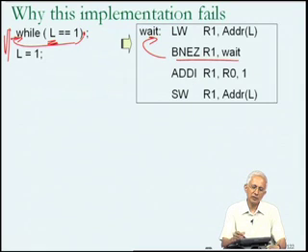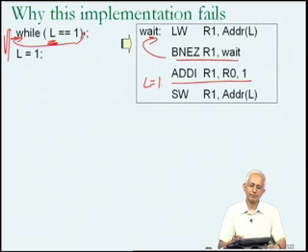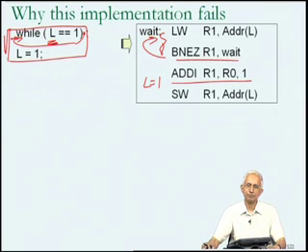The instructions that you see after are setting R1 equal to 1 and then storing that value into the lock variable. So this is the L equal to 1. The first two MIPS instructions relate to the busy wait loop, and the second two MIPS instructions relate to setting L equal to 1. So this looks like a reasonable compilation of the C code that we see on the left.